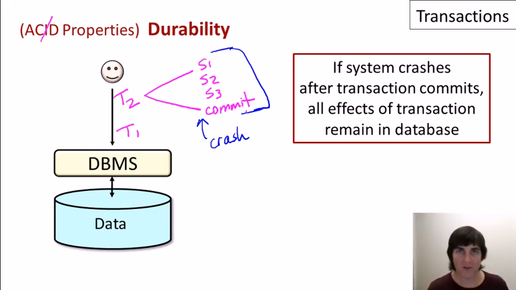So you may be wondering how it's possible to make this guarantee, since database systems move data between disk and memory, and a crash could occur at any time. There are actually fairly complicated protocols that are used, and they're based on the concept of logging. But once again, we're not going to talk about the implementation details. What's important from the user or application perspective is the properties that are guaranteed.